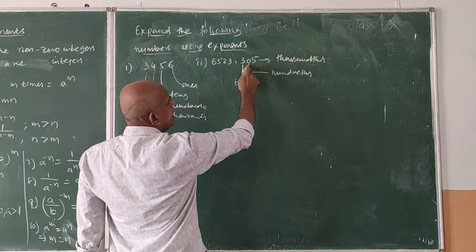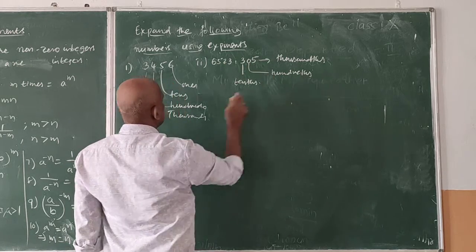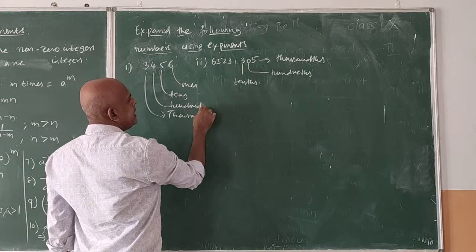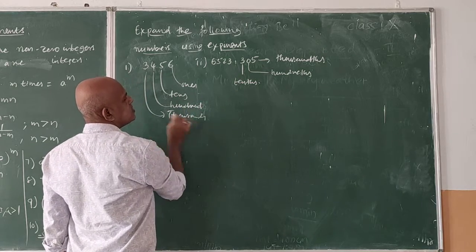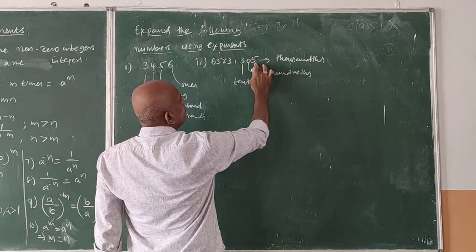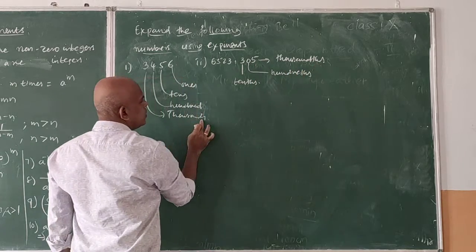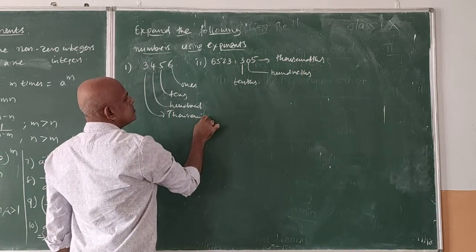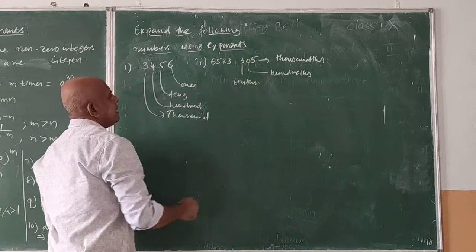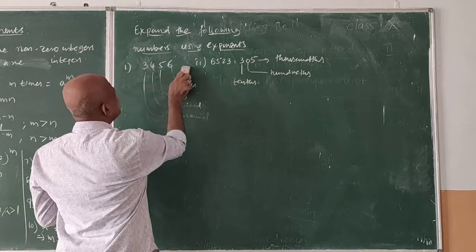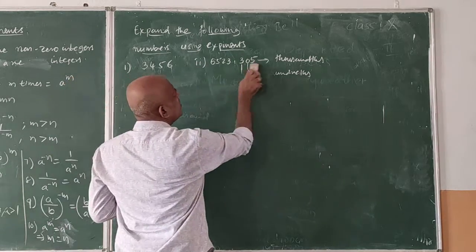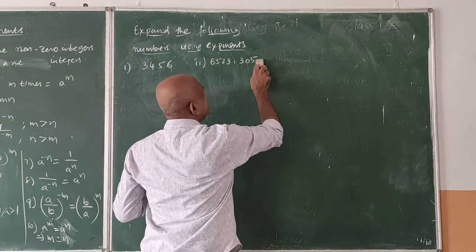0 is in the hundredths place. Here 5 is in the thousandths place. It is only thousandths. Ending with "ths" will be there. So we have to remember that. Now I will explain how to expand the